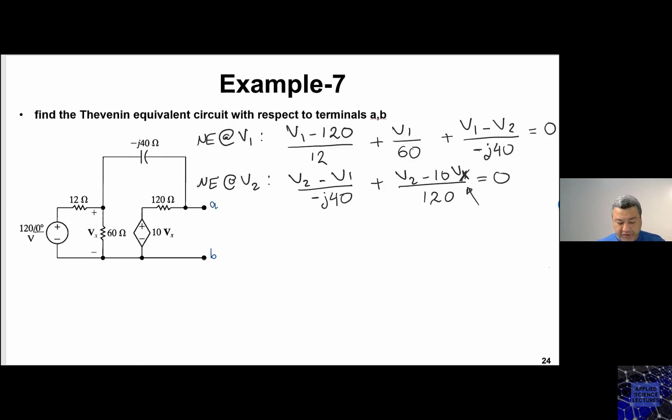Now rewriting those two equations after substituting Vx with V1, I would get the following. So if I am to call this one 1 and this one 2, then